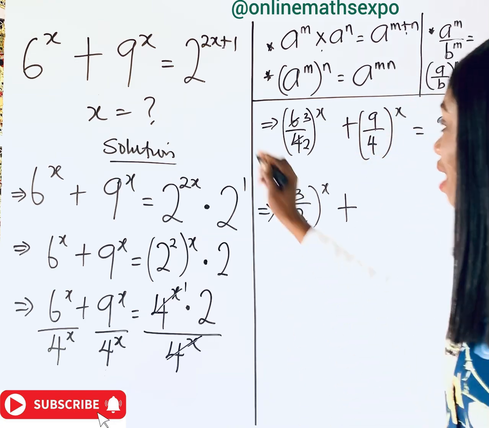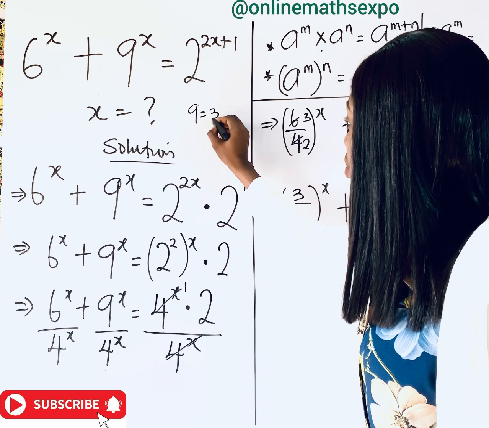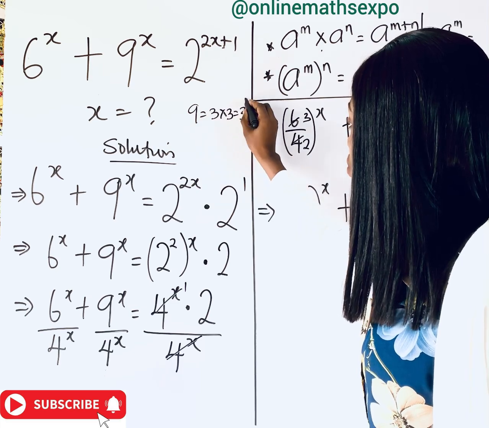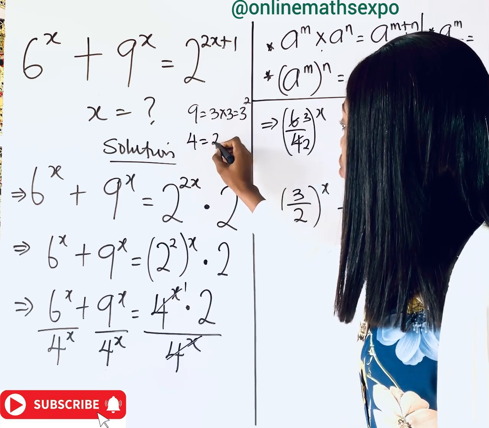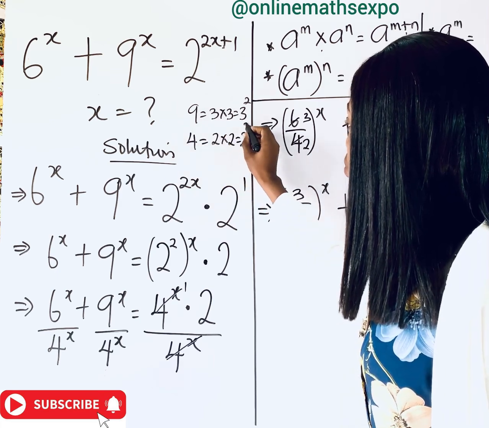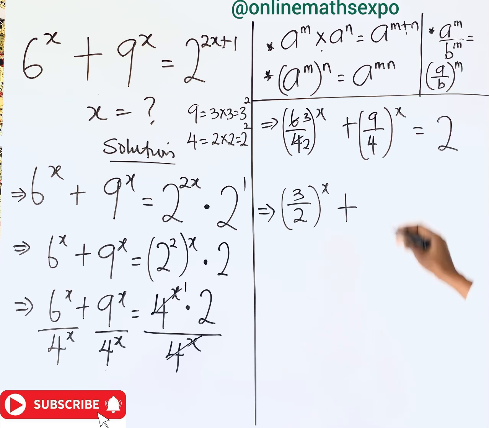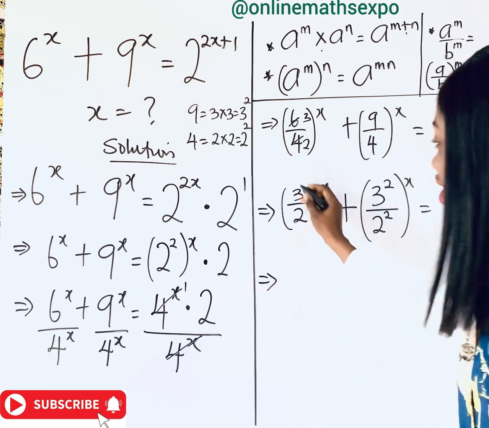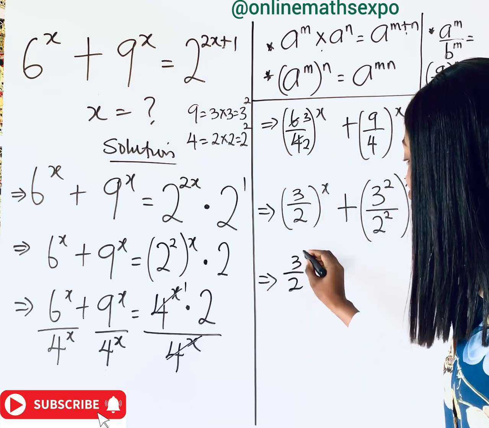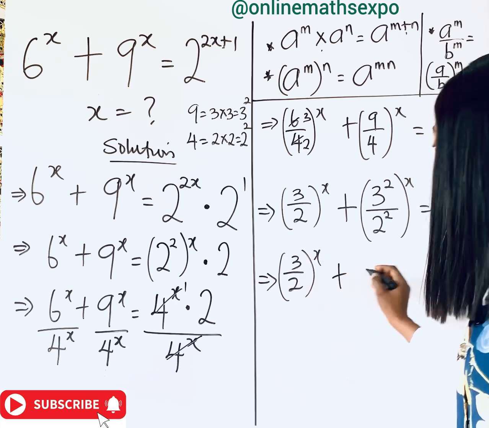we know that 9 is the same as 3 times 3, which is 3 squared. Did you see it? Then 4 is the same thing as 2 times 2, which is 2 squared. So in that case, we can now rewrite this to be 3 squared over 2 squared, raised to the power of x, and is equal to 2. So what do you do again? You keep simplifying. So this is giving you 3 over 2 raised to the power of x plus, for this, we